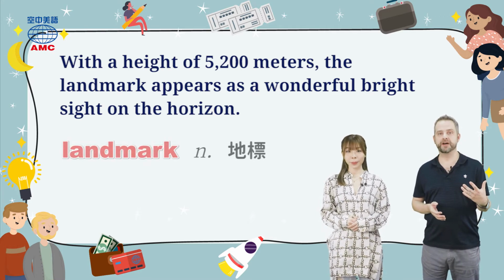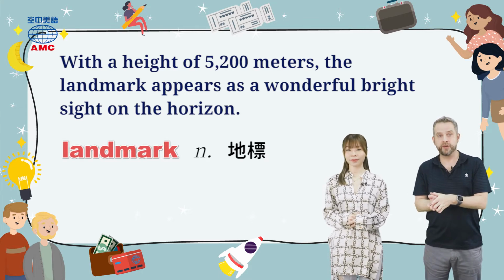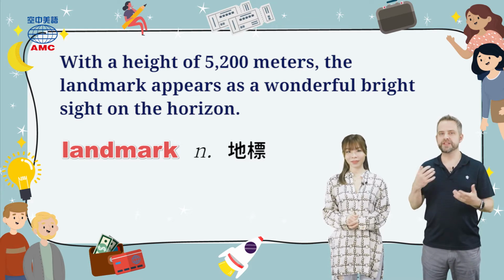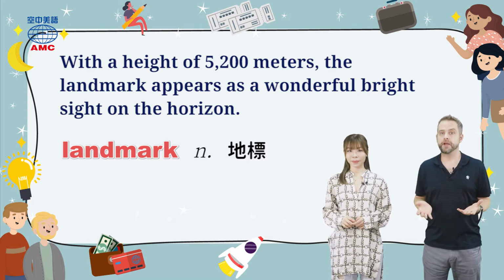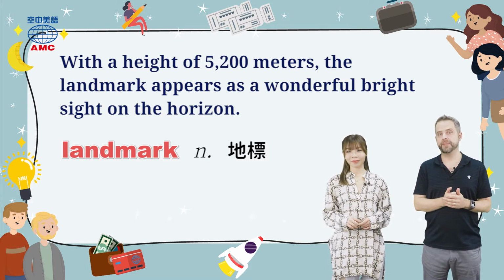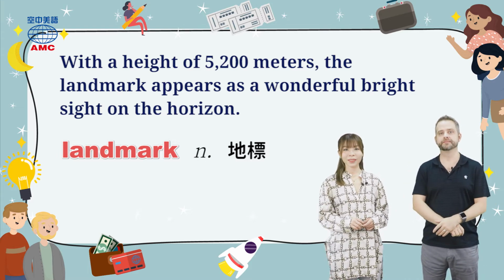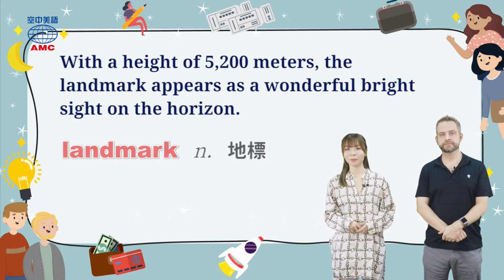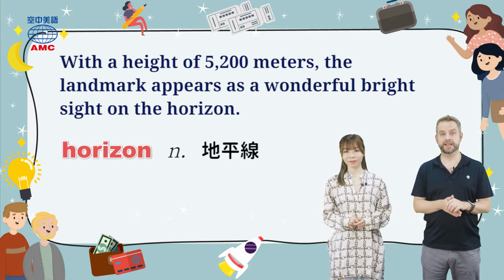So a landmark is a famous thing in a particular place, one that is easy to recognize and one that's always kind of associated with that place, like Taipei 101 right here, or the Eiffel Tower in Paris. It's the sort of thing people would come to see. 所以 landmark 就是地标，那也可以当里程碑的意思。